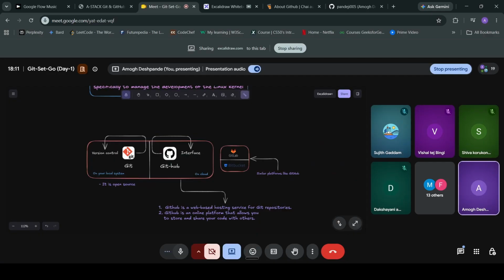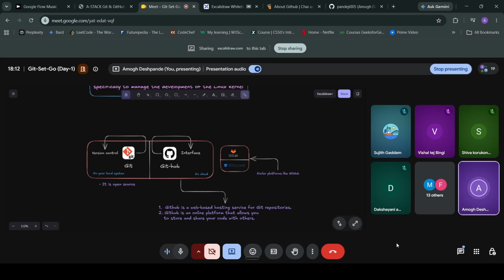Is it clear, guys? If you are not understanding anything, just send a message, or even if I cannot see the message, please unmute yourself and ask doubts, because this is going to be an interactive session, not me just speaking endlessly without any meaning. And one thing I want you to keep in mind is that you all have paid money for it. It might be 50 rupees, but it is a big amount, right? At least utilize it well and spend 2 hours to learn what Git and GitHub actually do.